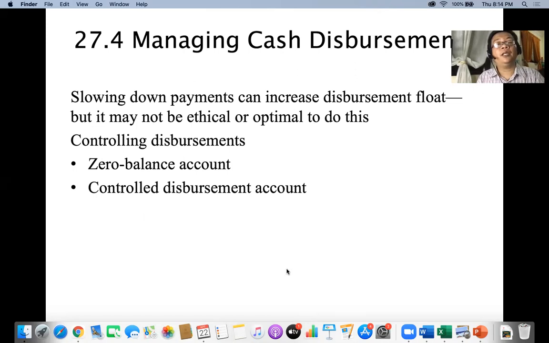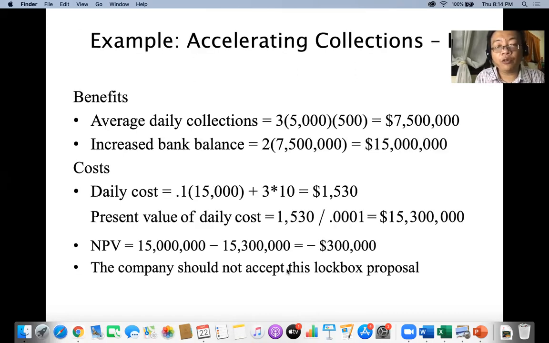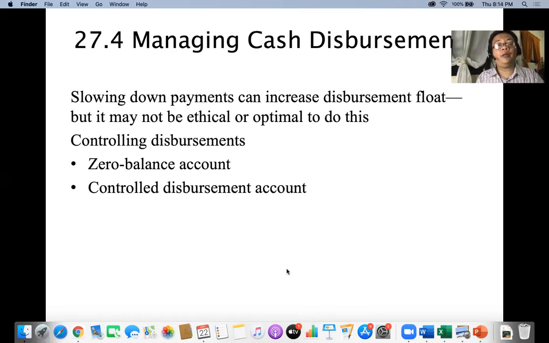All right, next. So we are done in terms of our cash flow. How about naman in terms of our cash disbursement? So, di ba kanina sabi ko,